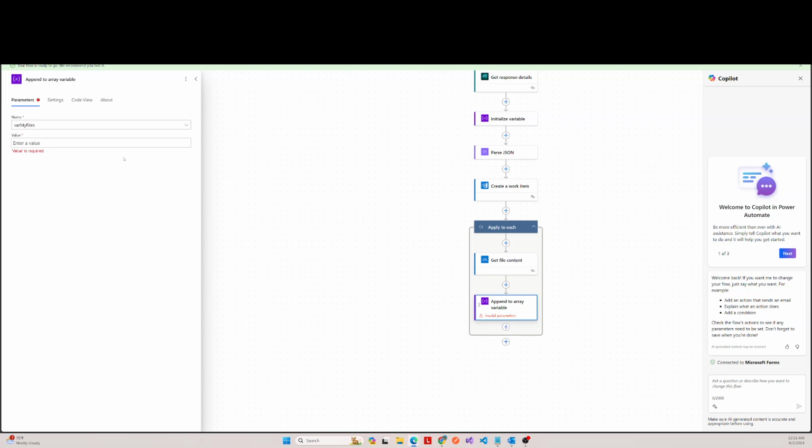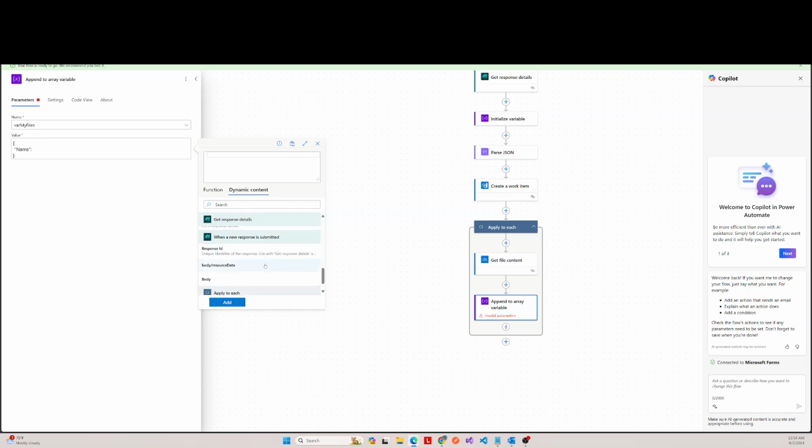Now we will append this. So here we will be using curly braces and name, and for the name, as I said before, we'll get the name of the file again from the current item. And this time we get the name,